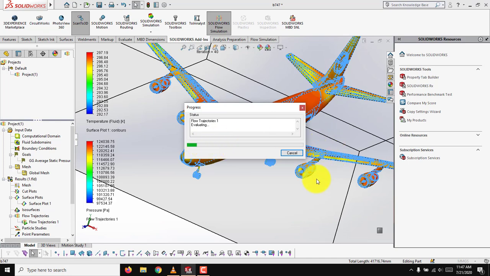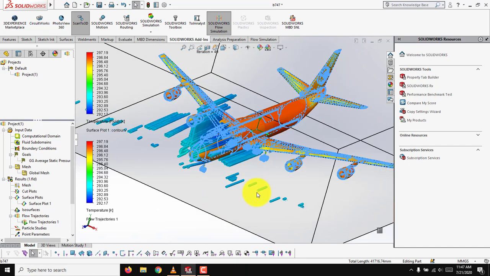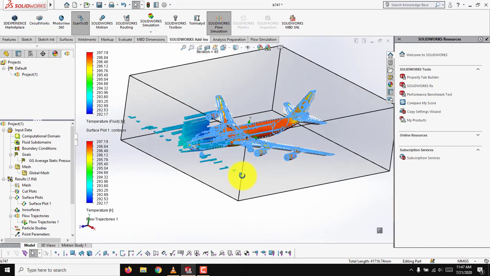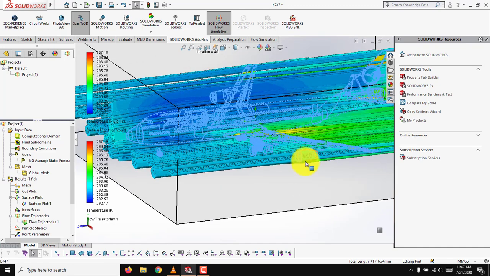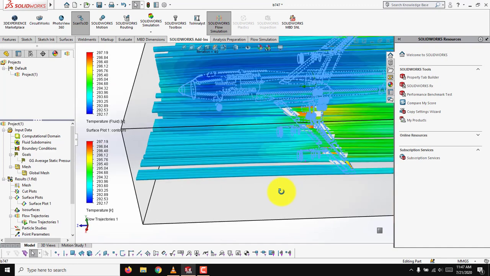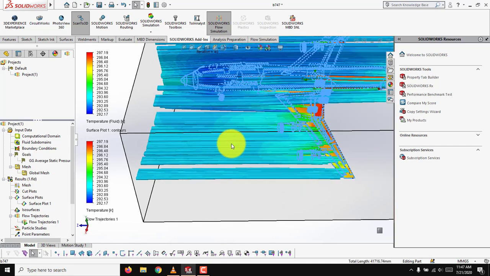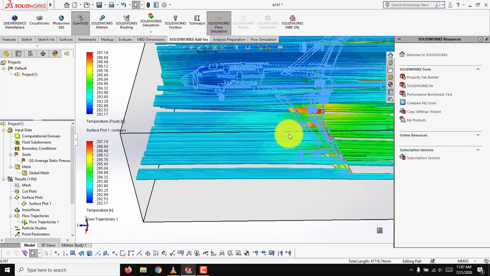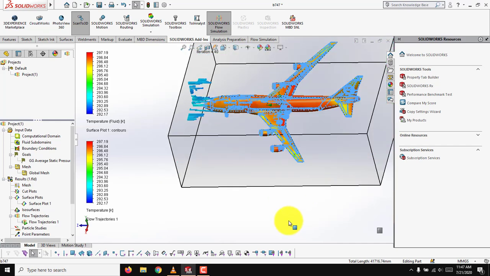Like this, it will evaluate again. It will run the particle study again. So it will take some more time. So now it's done. You can see the aircraft. We can change the size of the air particles. Okay, so white shade and